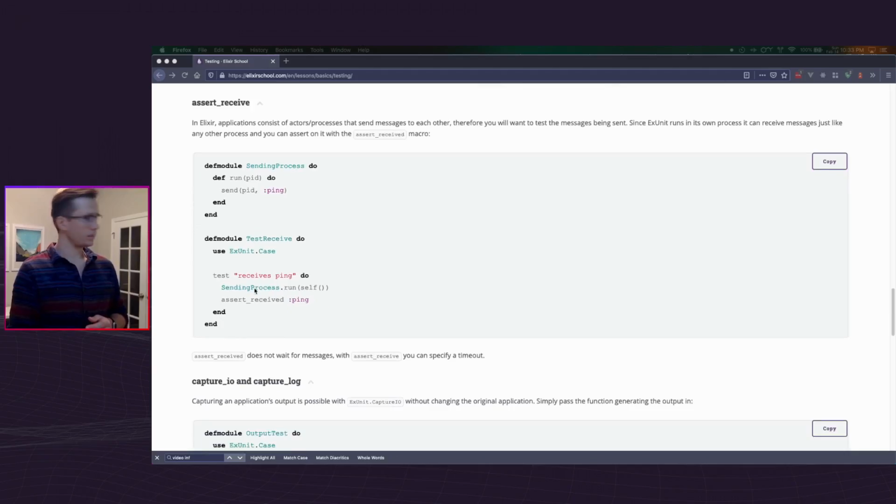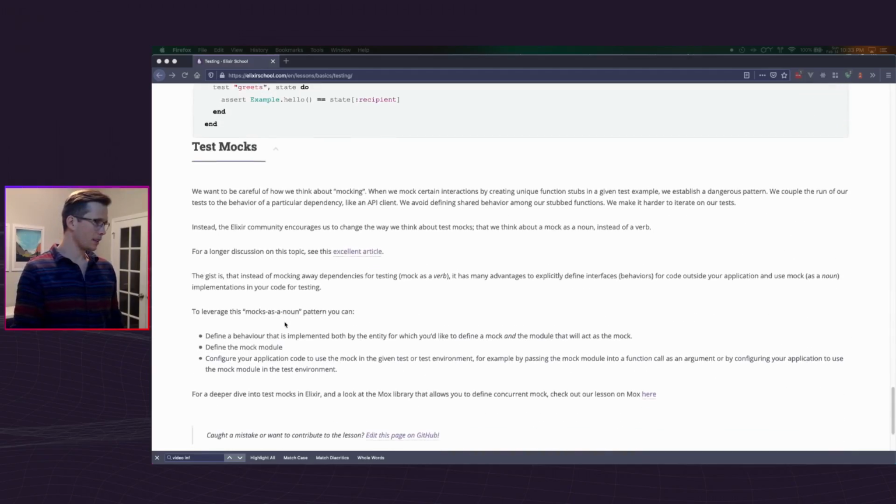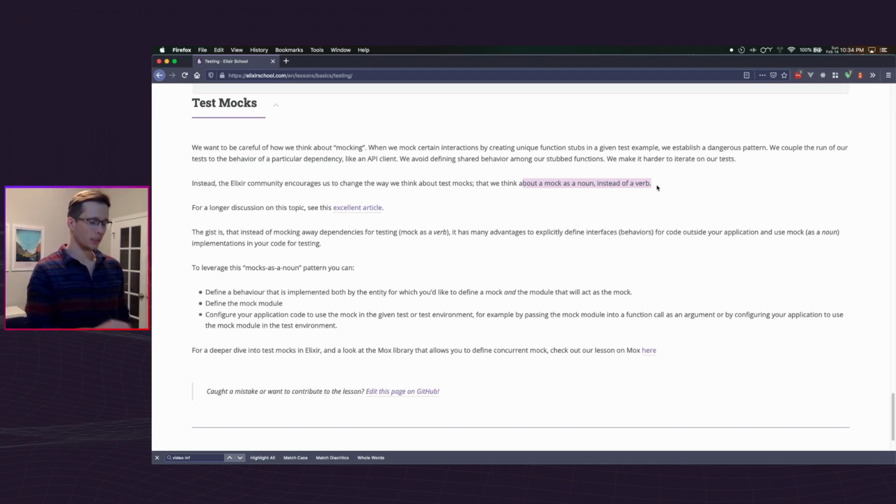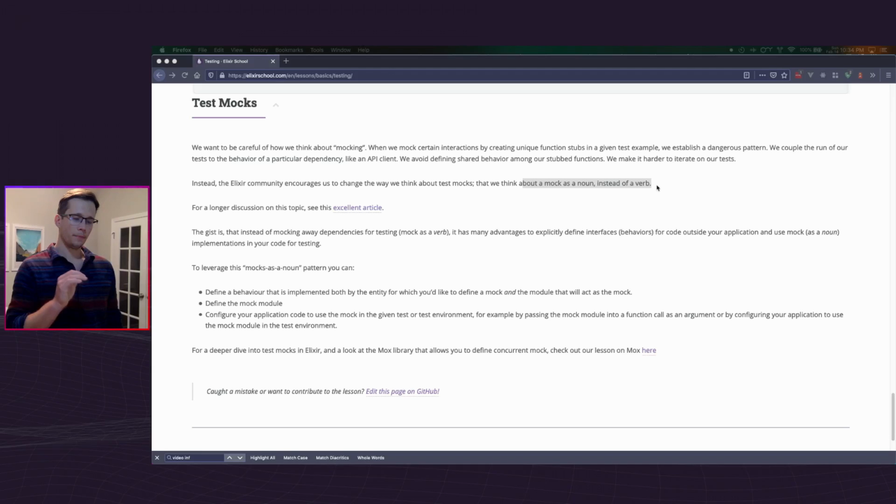It's pretty awesome. But the next big thing that I learned from Elixir School was the test mocks section. One thing stood out to me: using mock as a noun instead of a verb. So instead of saying, I'm going to mock Axios, it's more like, let's bring in this mock for Axios. And I think Jest does the same thing. So mocking out modules. I actually started doing this in my GitHub action that I just created,